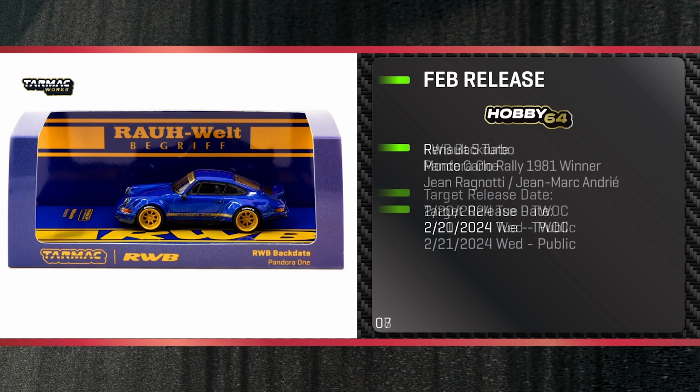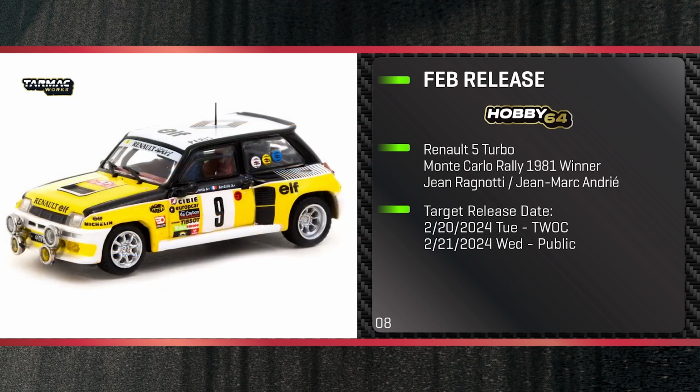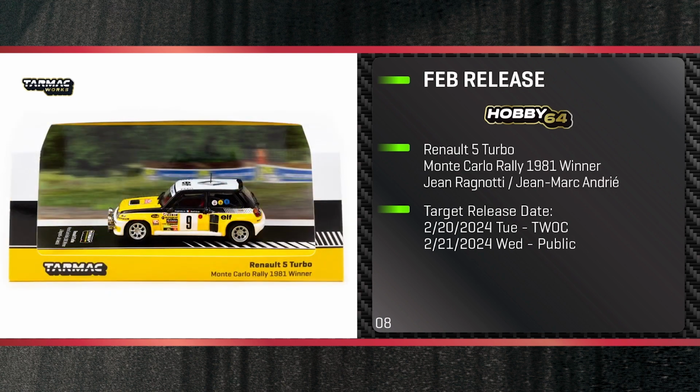Following that is another Hobby 64, which is the Renault 5 Turbo Monte Carlo Rally 1981 winner. This is of course the iconic livery for this particular Renault 5 Turbo model. Super iconic. I wanted to do this car in particular because I'm a big collector of, well, not a big